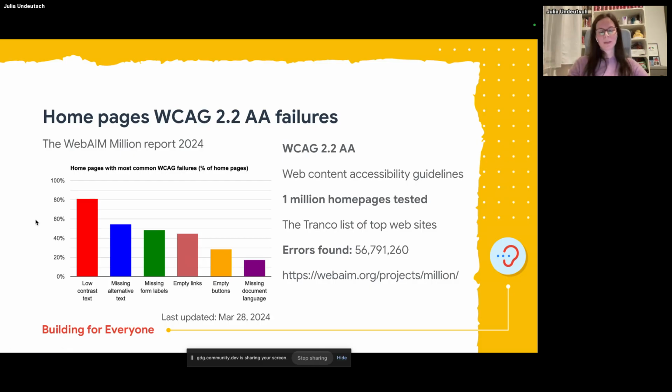The report is done every year, and what we can see is that the most common accessibility issue is low contrast. This is something which happens already in the design process, or maybe it's a product owner who wants the specific color combination, but it's for us designers to suggest colors that are accessible, and this falls under our job description.